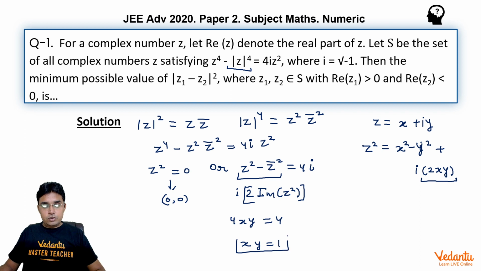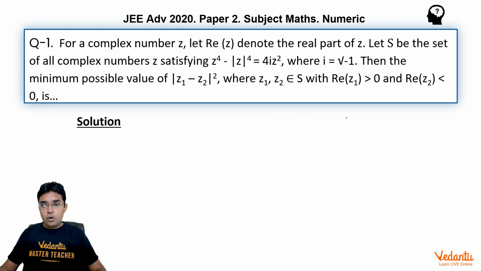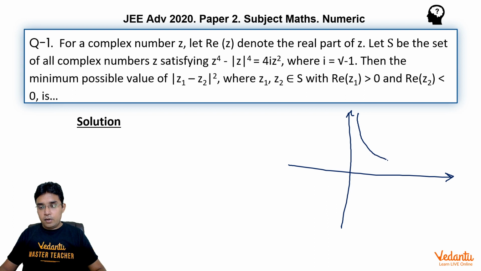So the complete solution of the given equation is either origin or this xy is equal to 1. And this xy is equal to 1 is one very popular standard curve known as rectangular hyperbola. Let me first draw these solutions on xy plane. So this xy equal to 1 is actually rectangular hyperbola which has two branches, one in first quadrant and one in third quadrant, and also origin, so 0, 0 here. So this xy is equal to 1, two branches of rectangular hyperbola, first quadrant, third quadrant, or 0, 0.